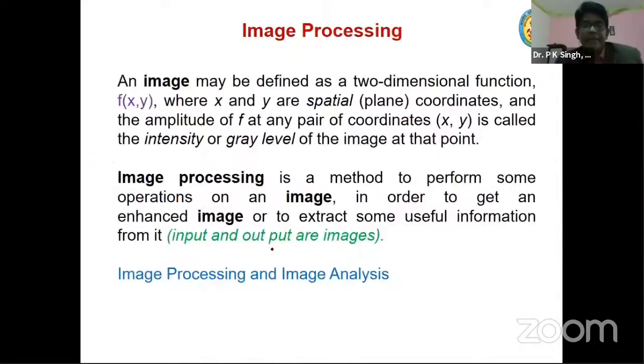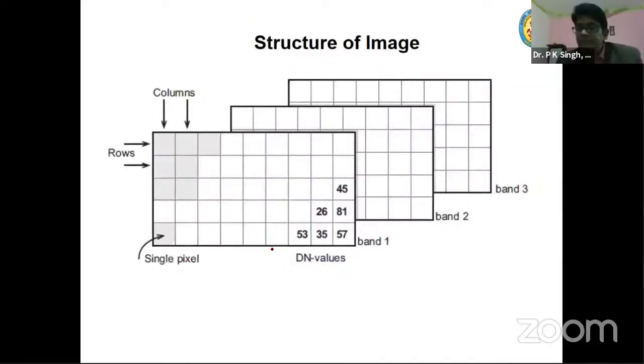If you have collected the remote sensing bands, then you can do a lot of analysis. How is it done? For students, by now I am sure you have been told about the structure of data. There are 2 types of data: one is raster data and the other is vector data. All those data which are written in the form of grids, and these grids have 3 pieces of information.